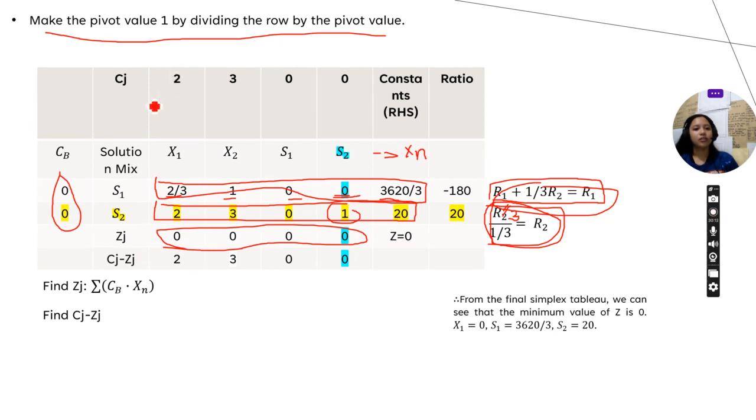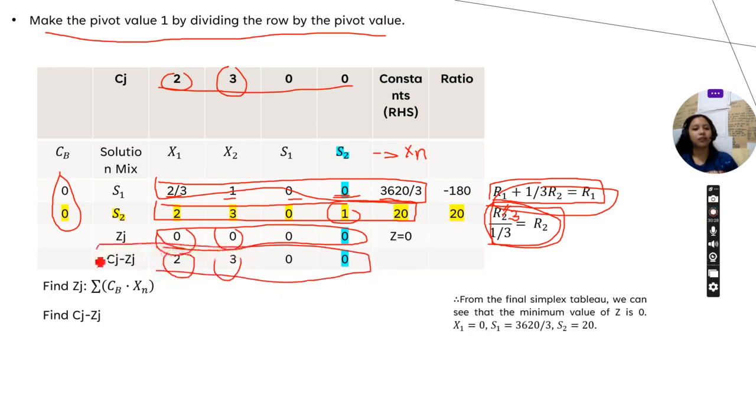To get the Cj minus Zj, 2 minus 0 is 2, 3 minus 0 is 3, and so on. So let's check if the value of our Cj minus Zj has a negative number. So there is none. So therefore, from the final simplex table, we can see that the minimum value of z